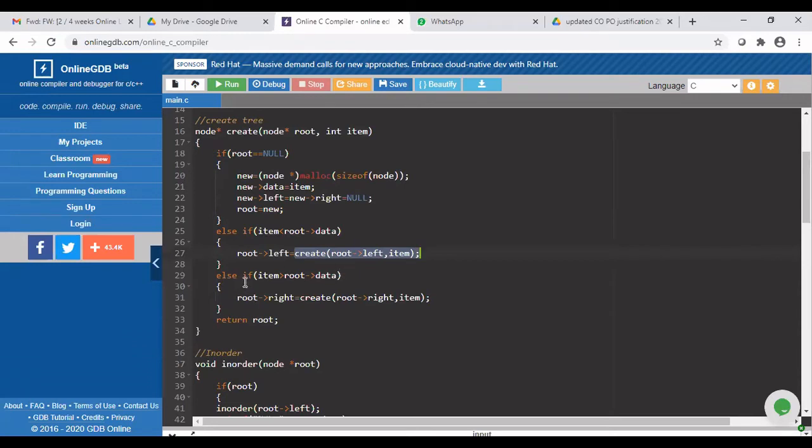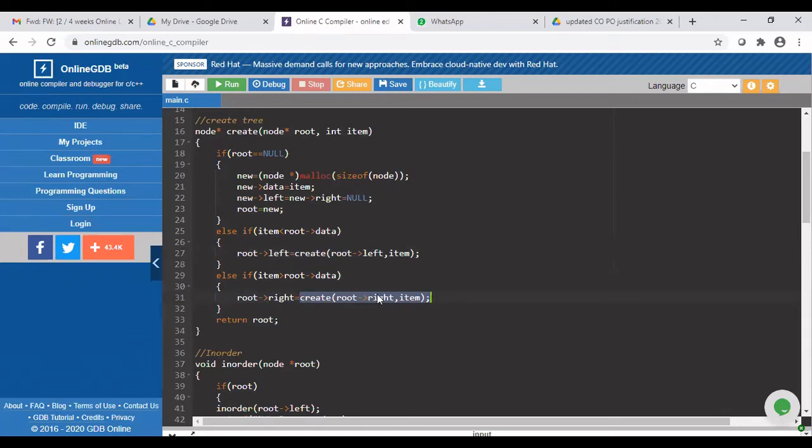Else, I have to check whether item is greater than the data of the root node. If so, I have to check only in the right subtree. So I am calling the function create. This time I'm passing root arrow right as the first argument. So now this function will recursively call itself so many times. We know how many times the recursive call will happen, but the call will be terminated when the root of a particular subtree is null.